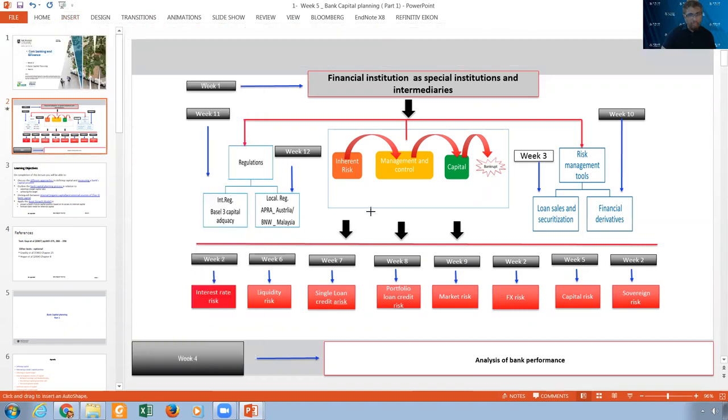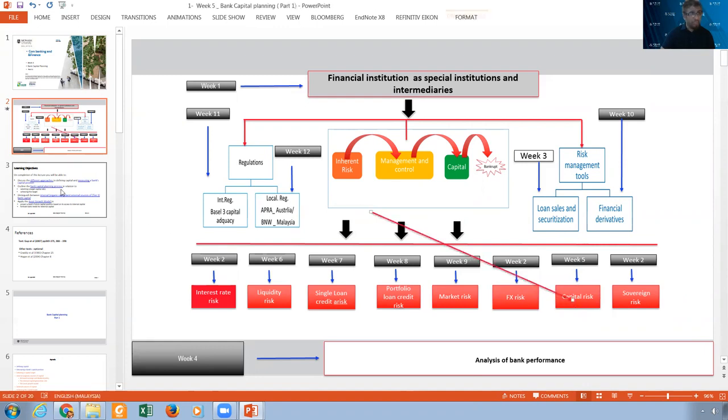We are talking about capital risk, which is capital planning, but one would wonder what's the difference between capital risk and this capital which we talk about here, and what you call capital adequacy. This is the regulator perspective, which we will take in week 11. It's a long walk, a big walk. And this is what we are talking about, the target capital and all these issues, just to show you where we are and what is the difference between this one and that.